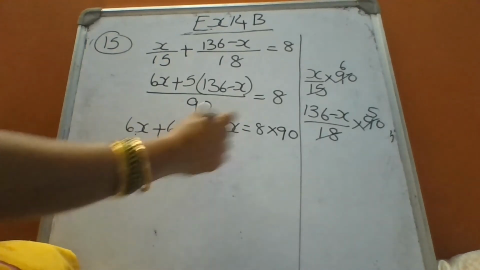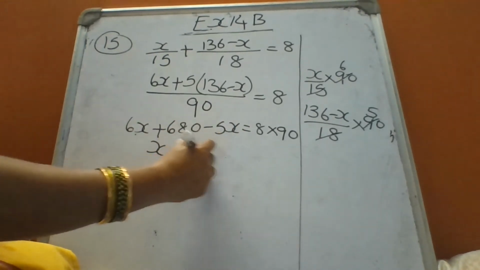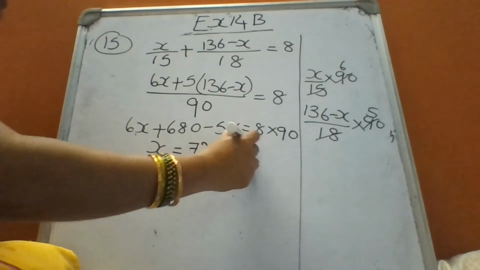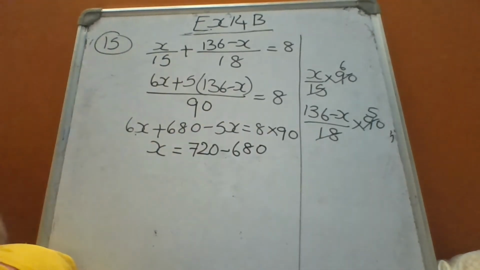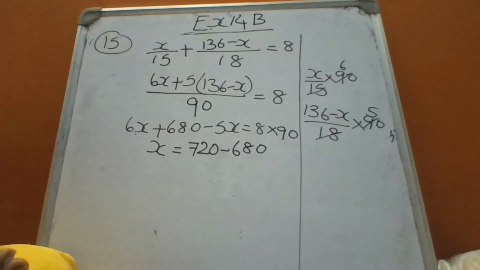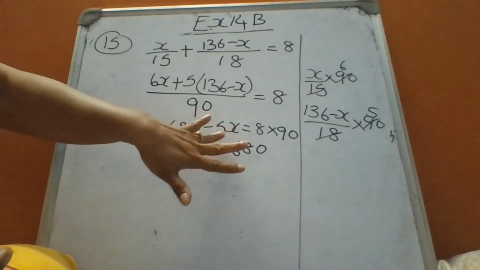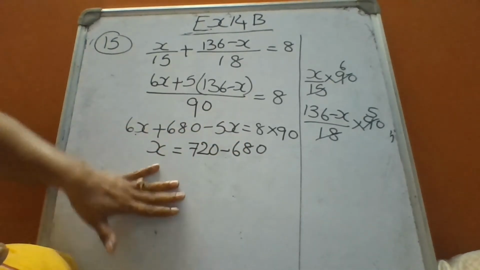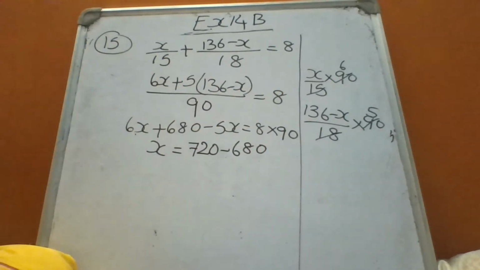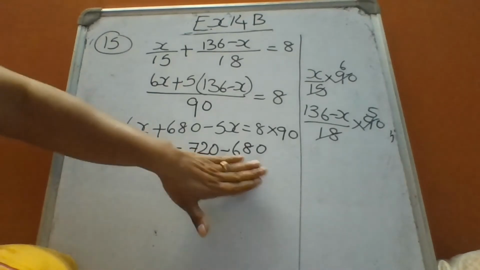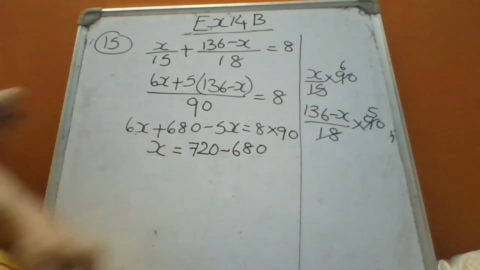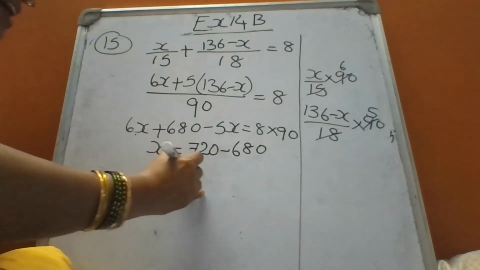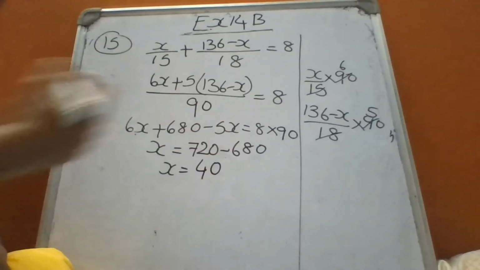So, this will be 720 minus 680, taking the like terms together. Did you get it? So 6x minus 5x will be x, and taking 680 to the right hand side, 720 minus 680, so you will be having x is equal to 40